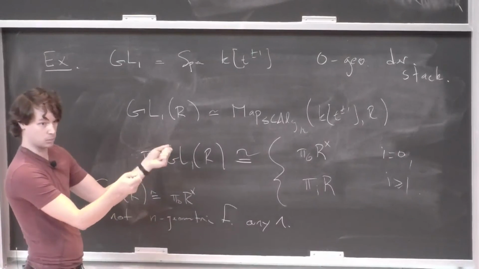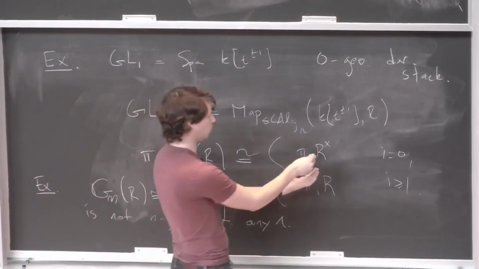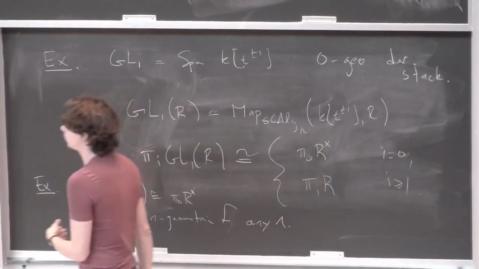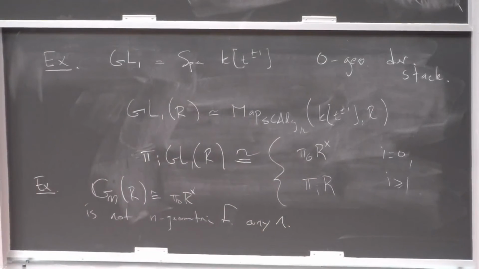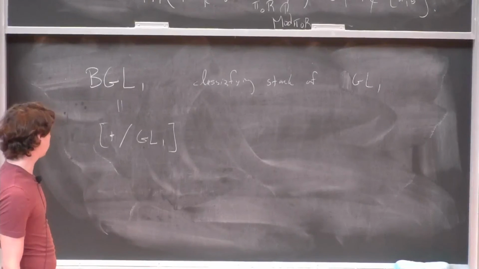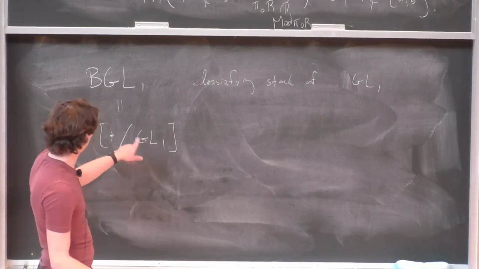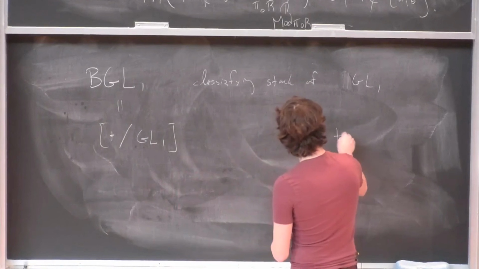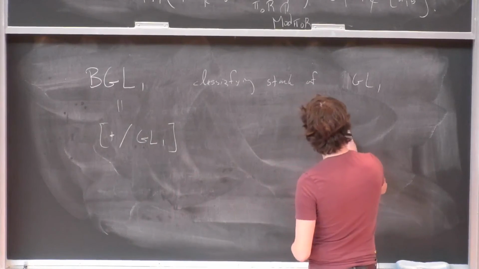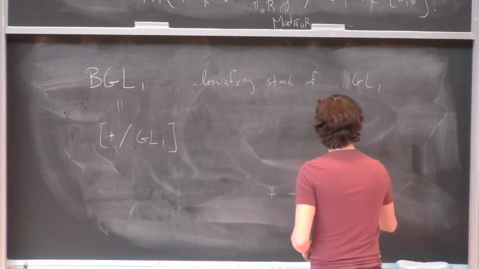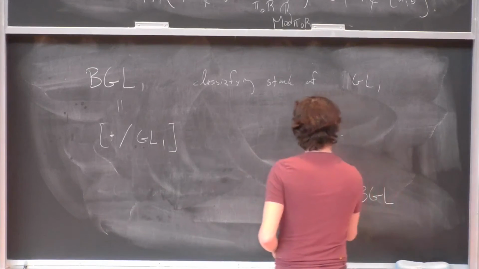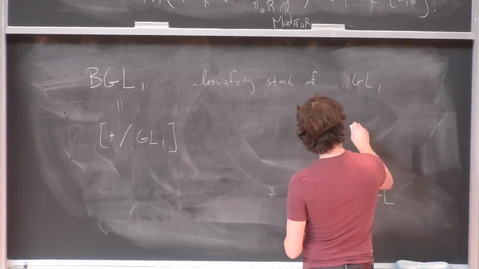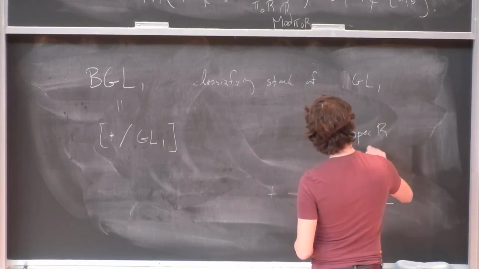There's a product on the spaces itself given by multiplying units. Okay, so you can think of them as H spaces, although here you probably want to use something a little bit more complicated. But I can take a point mod GL1, and so the idea here is I have this following atlas star mapping to BGL1, and if I map spec R into here,